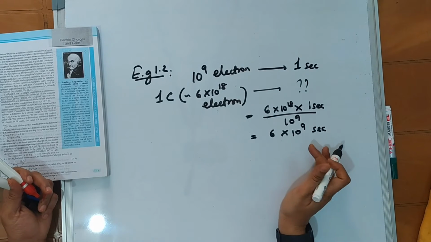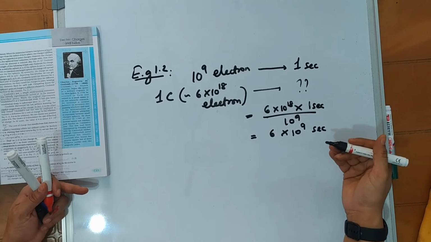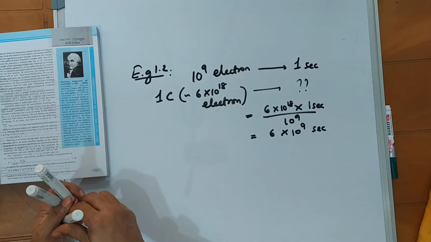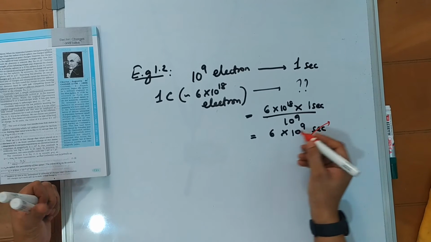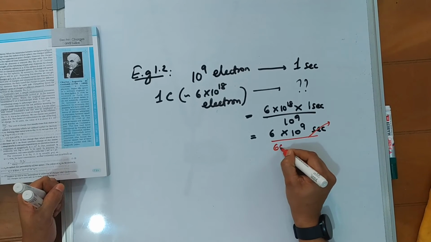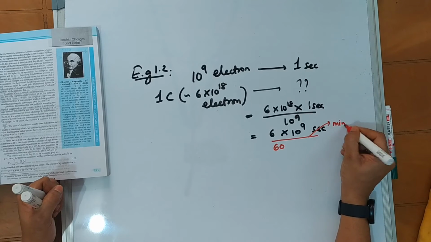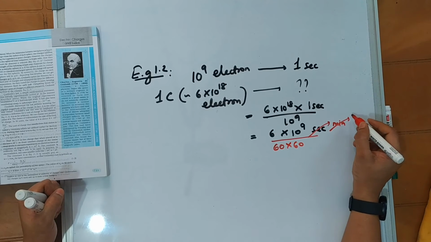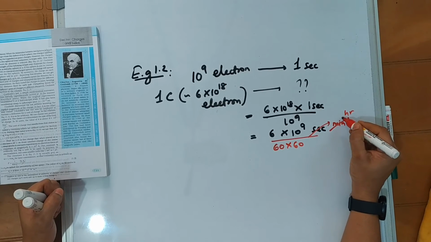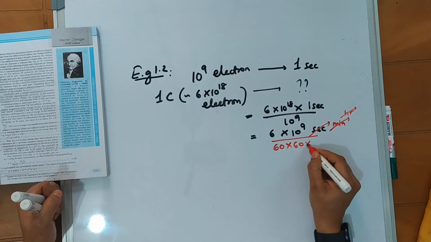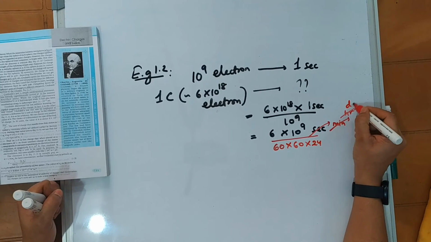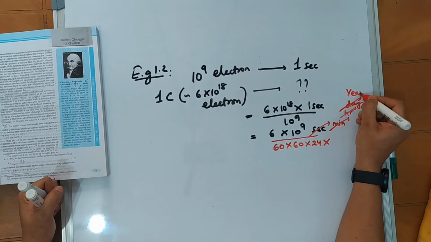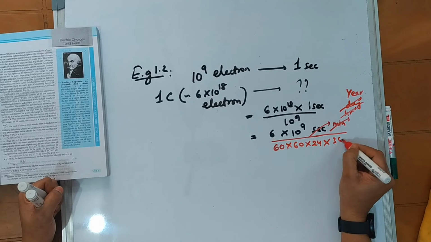The number is quite big, so we convert this to minutes or hours or days or years. Let us see how we convert. I will just write the conversion statements. 1 second, if I want to convert to a minute, I have to divide by 60. Then I'll get it in terms of minutes. 1 minute, if I want to convert to hours, I have to divide by 60 again and then I'll get hours. 1 hour, if I want to convert to days, I have to divide by 24. So I will get a day. And 1 day, if I want to convert to years, I have to divide by 365.